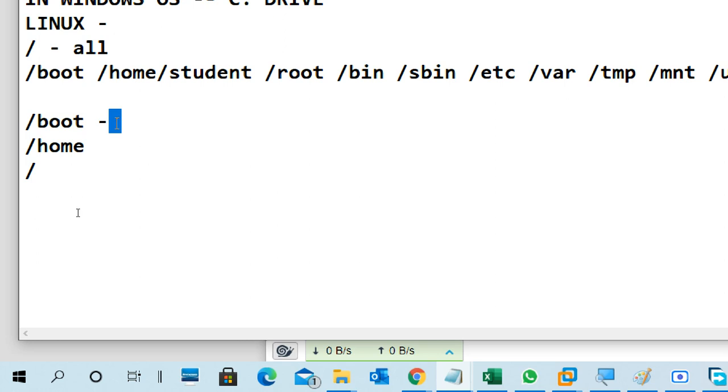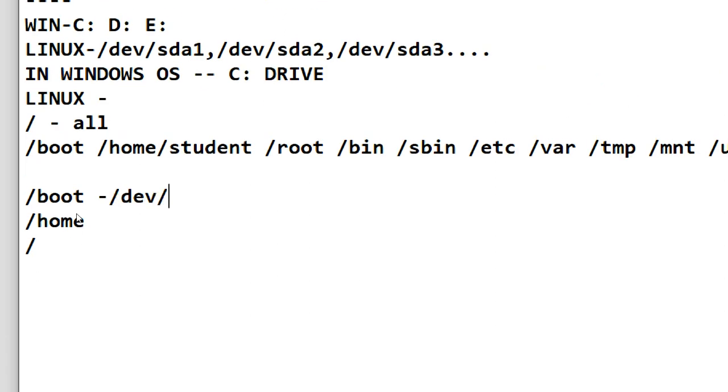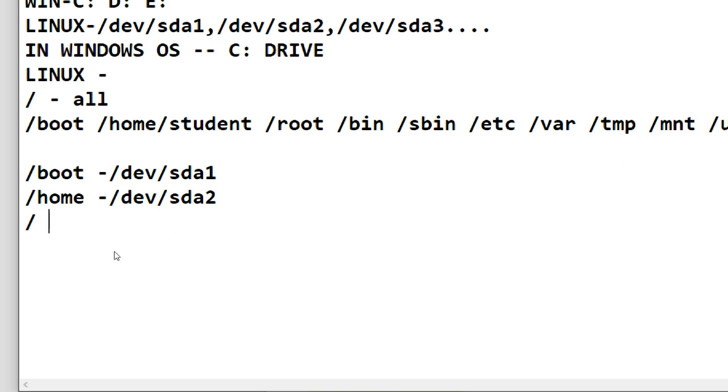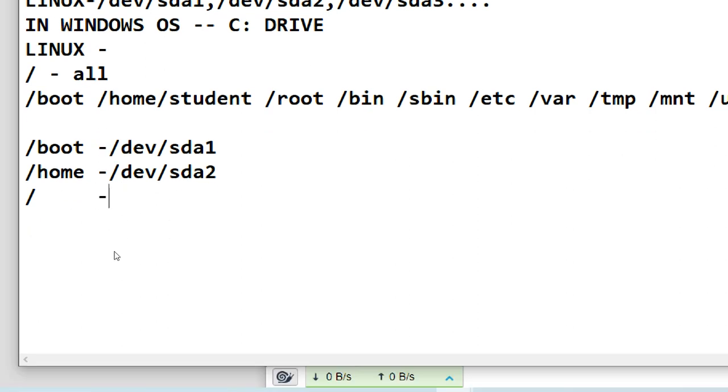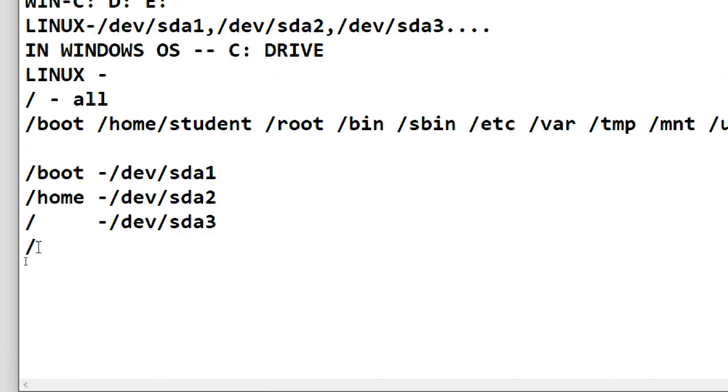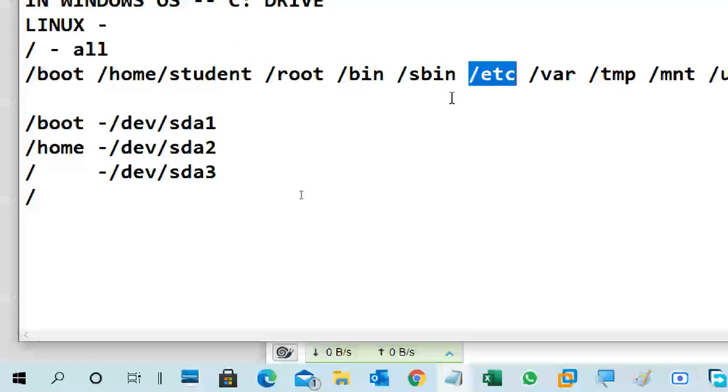Just for example, /dev/sda1 is given to /boot, /dev/sda2 to /home, and /dev/sda3 for this one, or maybe I will give it to root, or a separate partition for /etc, or a separate partition for /var also.